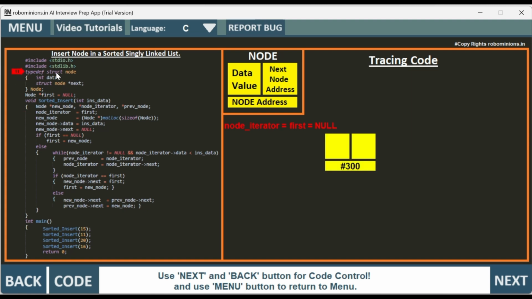So it goes to the structure node here. There is a data part and there is a next node address part. The new node is pointing to this data location, and the address of this node is #300. New node data is equal to insert data. Inserted data is 15, so 15 has been inserted to this node. Then new node next will be null,